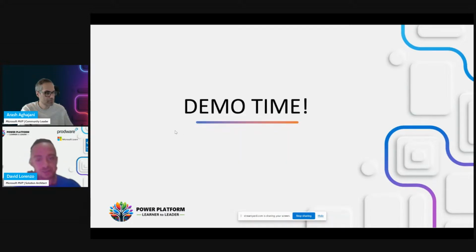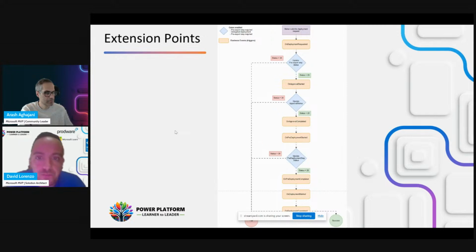Here we see the schema of all the process that I have mentioned. We can see the blue squares are the gates, the business events that Power Automate allows us to extend.